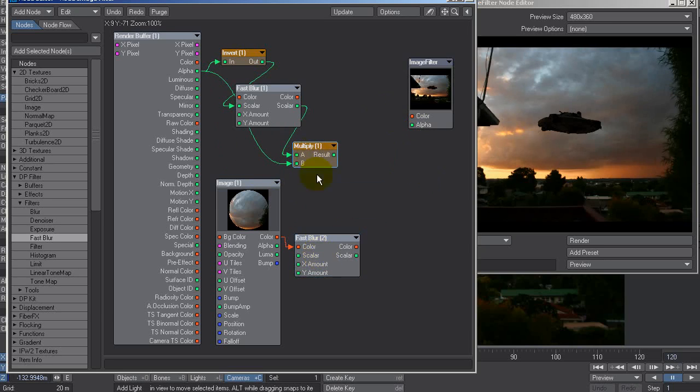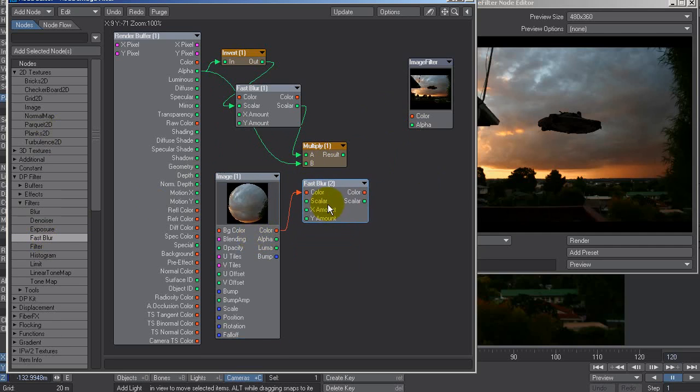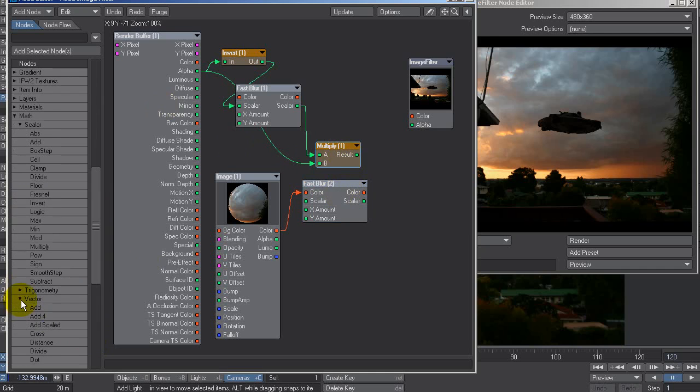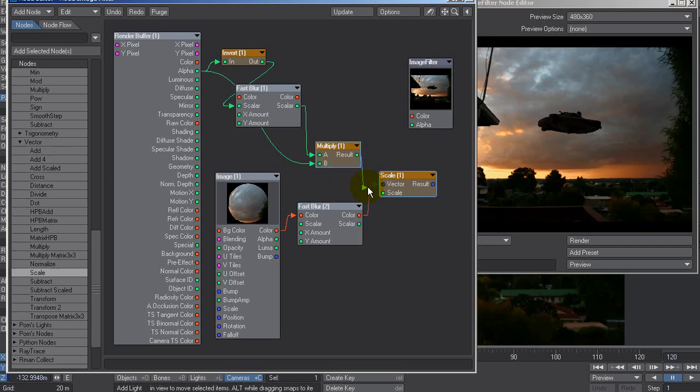And I want to take that and that to produce my light wrap effect again. Now you notice that fast blur doesn't have an opacity control, so I can't cut it out in here. But I know that color is a vector type value. It's got 3 values, red, green, blue, and a scalar is 1 value, going from 0 to 100%, or black to white. Therefore, if we go to math, vector, we'll use this thing called scale, and we'll take our color into the vector input, and we'll scale it, basically multiply it, by this value, which is 0 to 100%. And if we feed that back into color just to see the effect,